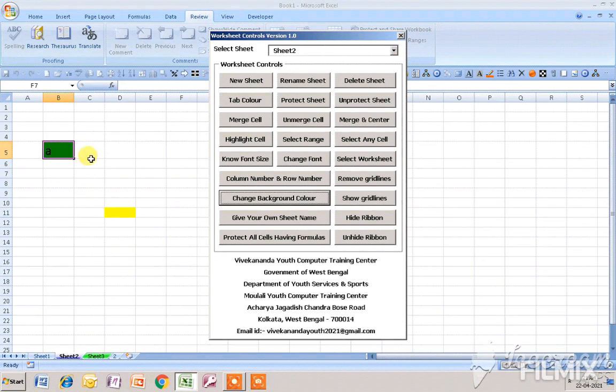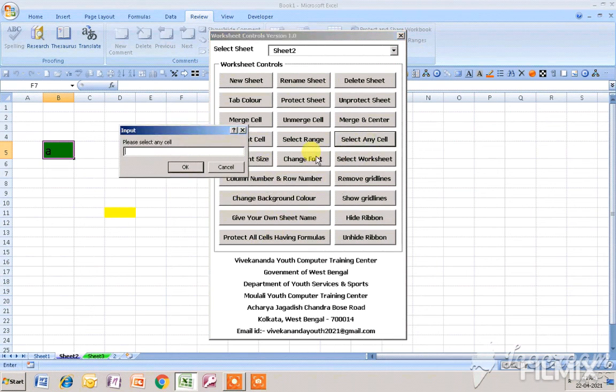Okay, suppose I want to change the background color of this cell, that is B10. So how can I do that? First of all, I have to select this cell. How can I select the cell? I type here B10, or from here I can also select B10 and I click OK.